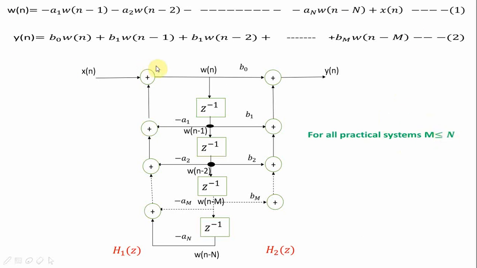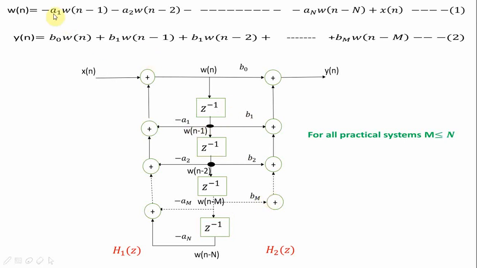For all practical systems, the transfer function must have the condition that the numerator polynomial has a degree either less than the denominator or at the most equal to that of the denominator. So M is the numerator polynomial degree and N is the denominator polynomial degree. Only then can we realize that system practically. It is a practically realizable system. So here I have assumed that M is less than N. So we have N, which is greater, more delays on the input side, and here we have fewer delay elements added.